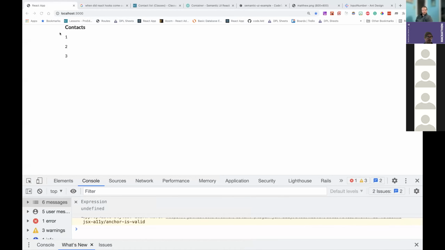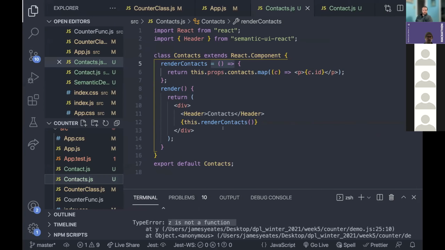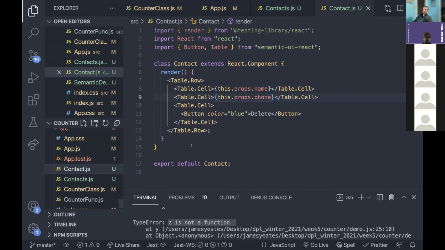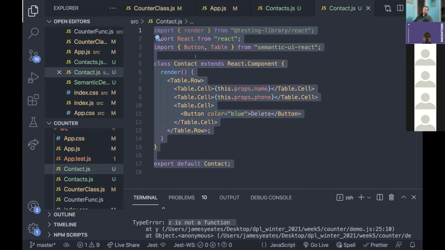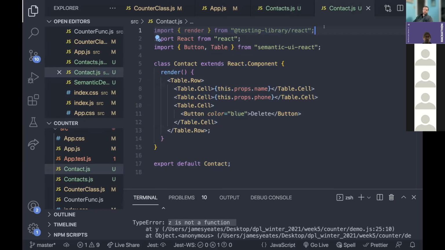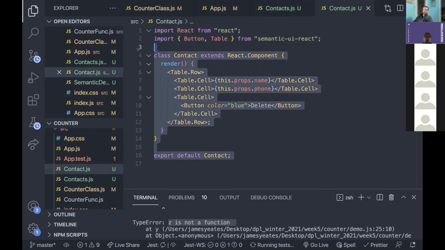Let's see what this looks like, if that even works. Okay, so now what I need to do, oh yeah, sorry, I said it, check this out. Don't need that. So now, see, my contact is just one table row. If I go to my contacts,